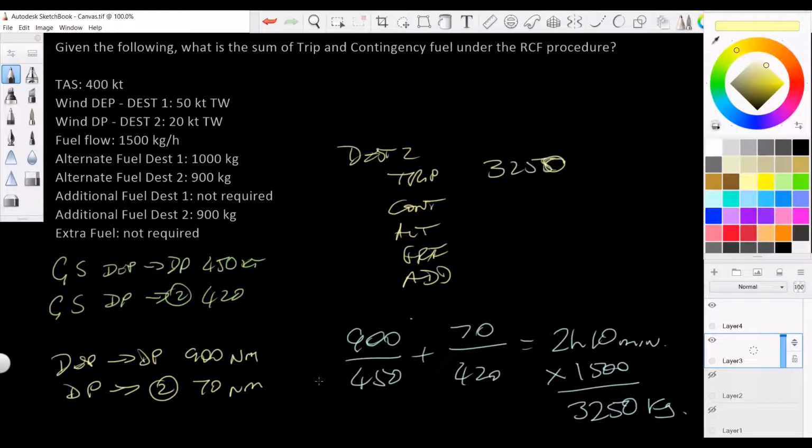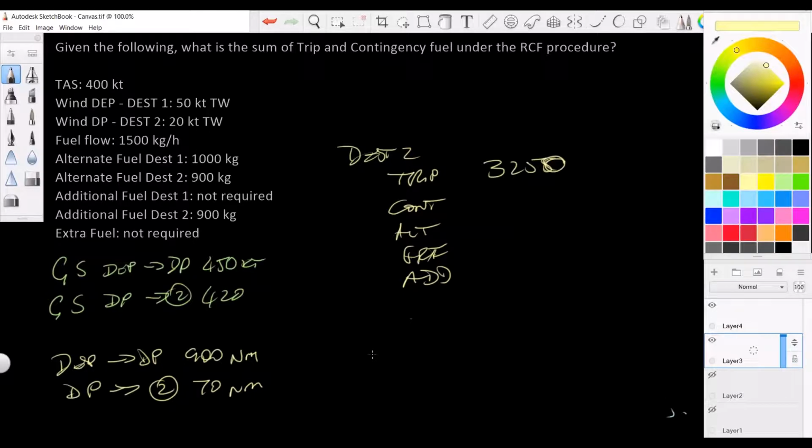Now, for destination 2 calculation, we use full contingency. As I say, the regulation actually refers to the basic procedure. So you get full contingency, 5% or potentially 3% if you had an en route alternate, none is mentioned, 5% contingency. So 3,250 times 5% is 162.5, we'll say 163 kilograms of fuel. 163 kilograms. And our alternate fuel here is,